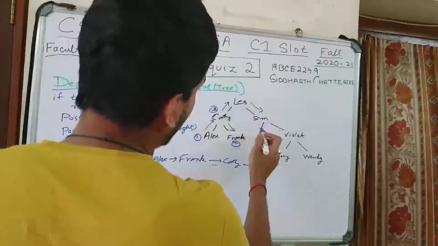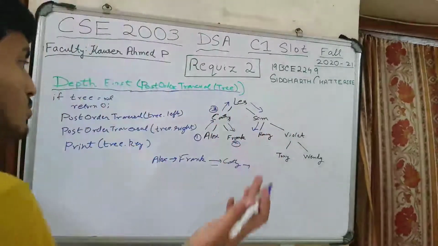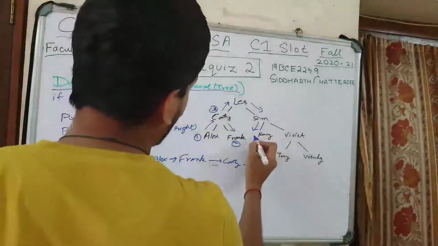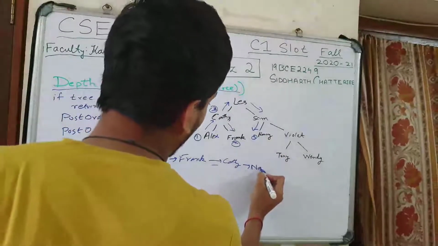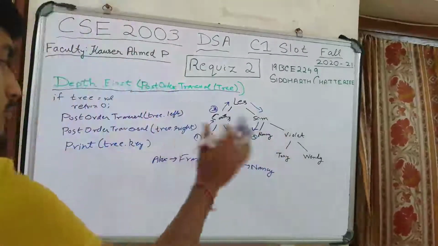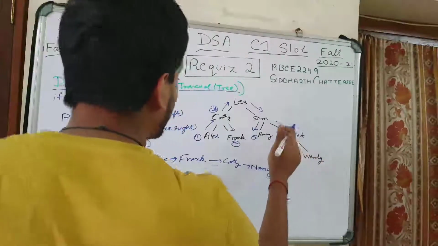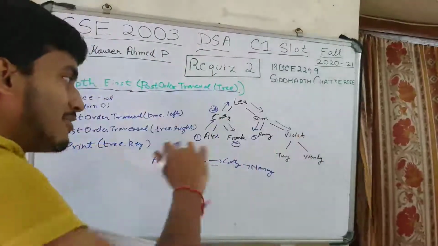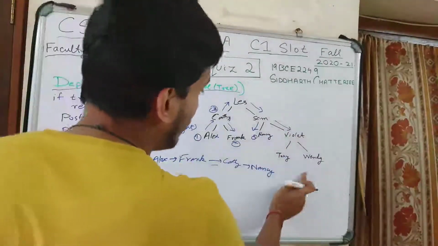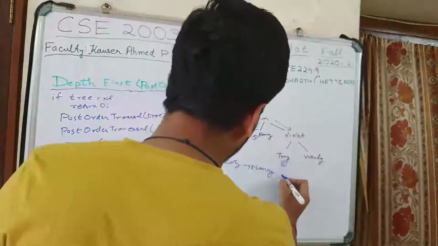We go back here. It will go back to the left tree, and since this has no right tree or left tree, it will print the key. So that becomes 4. Then it will go back to its parent and go to the right tree, because the left tree is already done. Going to the right, it will see that it also has a left and right. So it will go to the left one first, and because the left one does not have a right, we print the key. So 4, and after this it becomes 20.